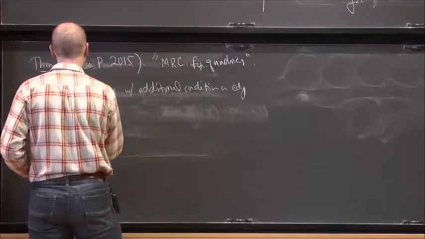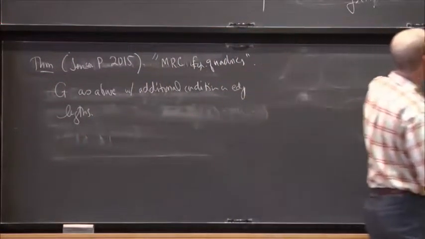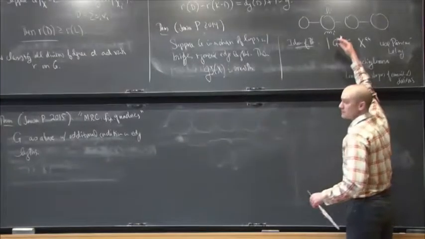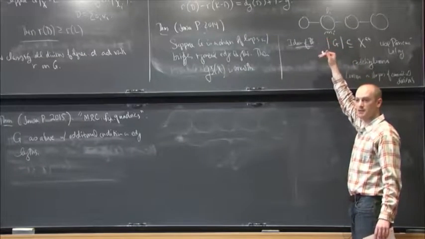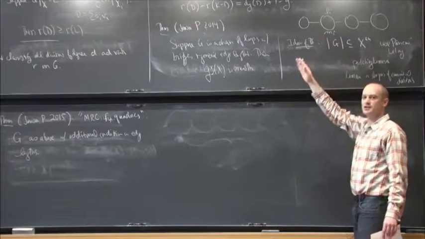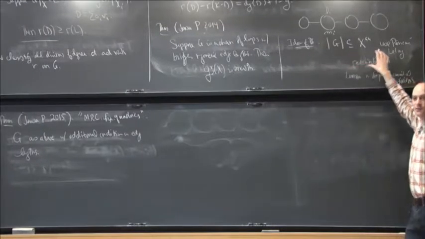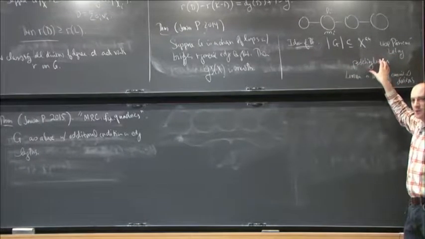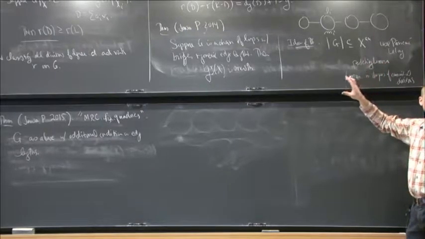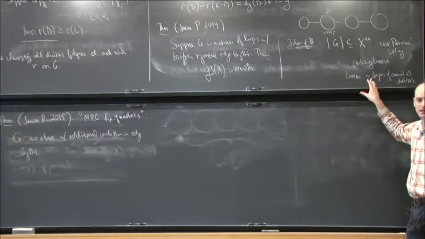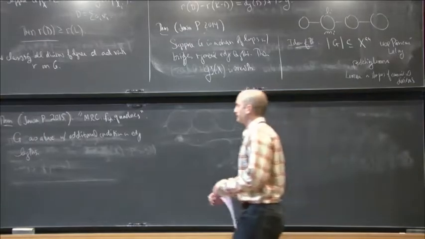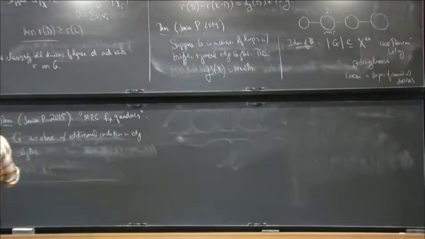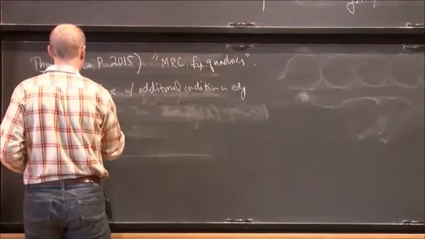But what I can say is that it's more subtle. So instead of just having a condition on the lengths that involves the top and the bottom of each loop, we have a condition that involves several loops that are adjacent to each other. And we are not going to allow there to be a small integer linear relation among those edge lengths. OK, and so then with this additional condition,